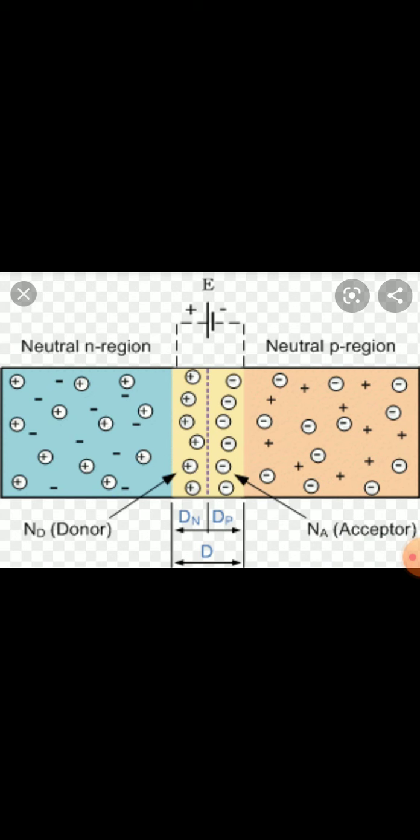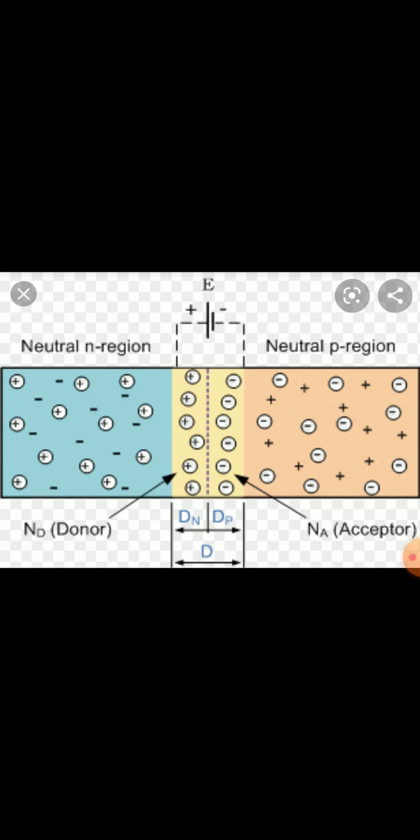So we conclude that in reverse biasing, a high resistance path is set up and no current flows. On the other hand, with forward bias, a low resistance path is set up and hence current flows in the path. In forward biasing, a low resistance path occurs and current flows. In reverse bias, a high resistance path occurs, hence no current flows. This is the difference between the forward bias characteristics and the reverse bias characteristics.